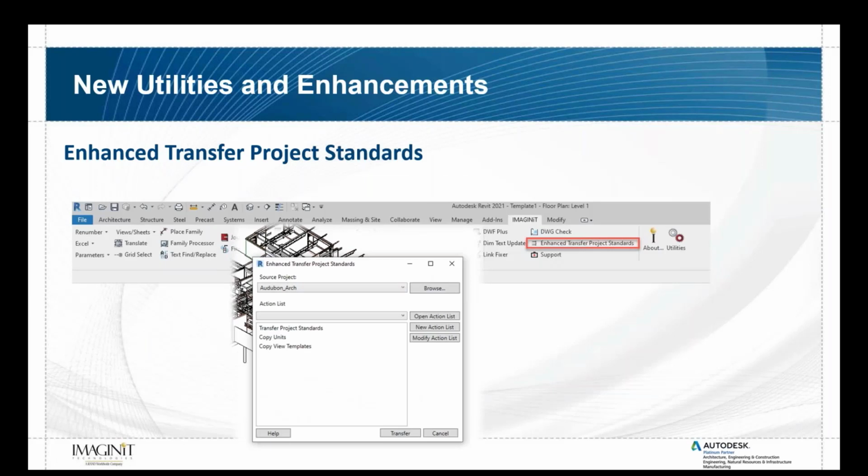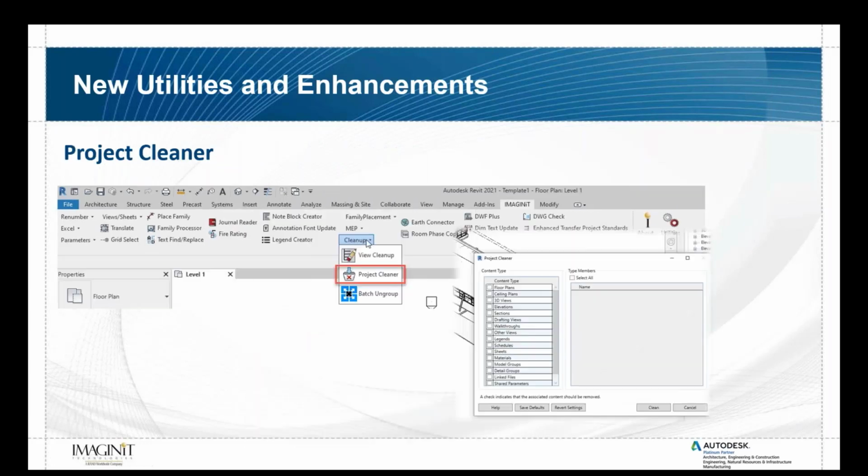Enhanced transfer project standards. You're going to find that in the ribbon. It's its own tool, and as I mentioned, it's transfer project standards on steroids. And once you click on it, you will be expecting a dialog box similar to what you see right here. And if I click again,